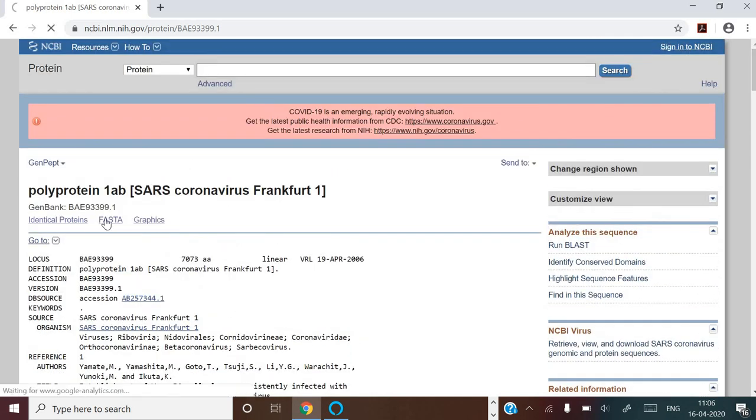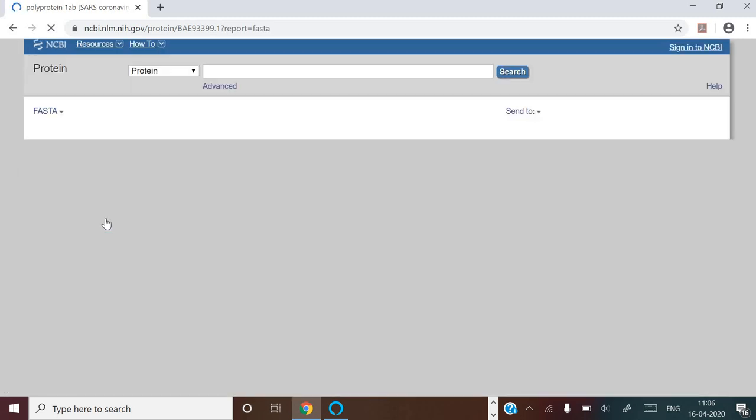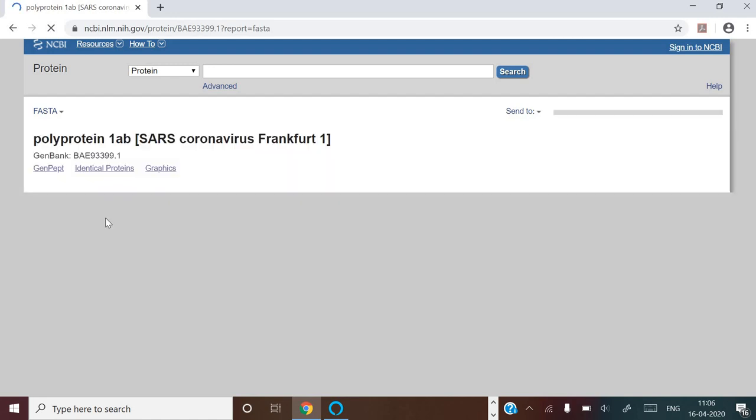You can go for FASTA. Once you go for FASTA, you'll find the FASTA formatted sequence of the protein, polyprotein 1AB, and you can copy it and paste it into another window in a text file, or you can directly download the FASTA file from here also.